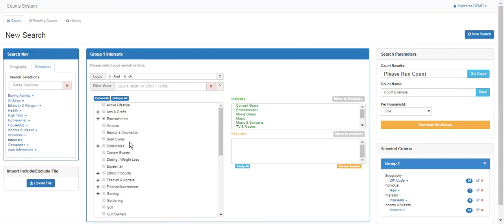Now, one thing to note about the interests specifically is that they have a logic function up at the top. This will always default to OR, meaning that the people that you run in your count only have to meet one criteria for the interests that you choose. If you select AND, you're getting more specific. You're saying that these people need to meet every single interest that you choose. So for this count, we're going to go ahead and leave that as an OR option, and we're going to